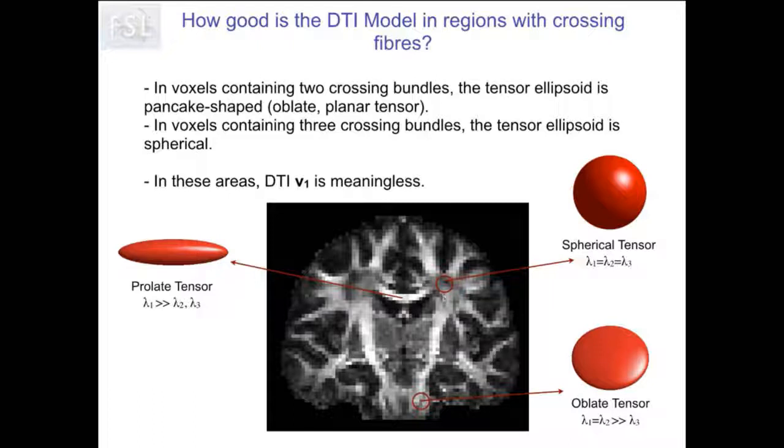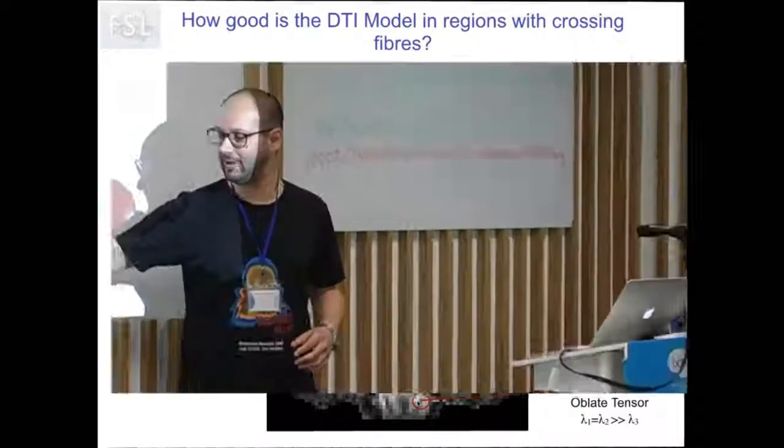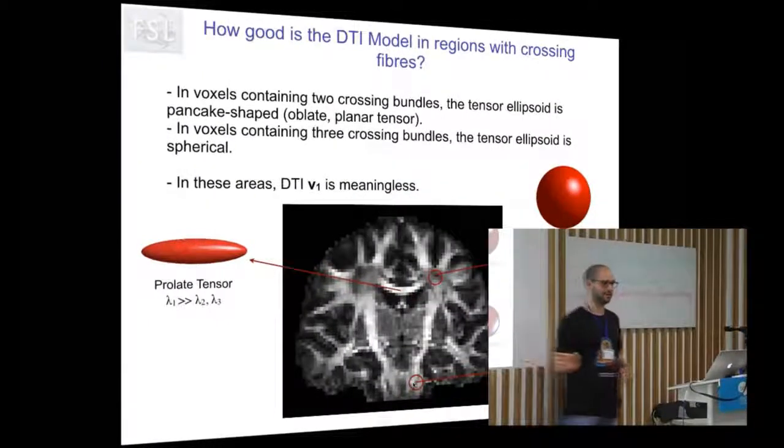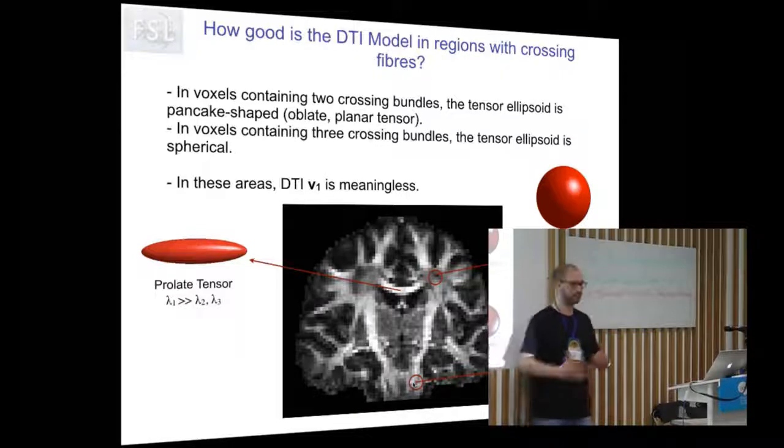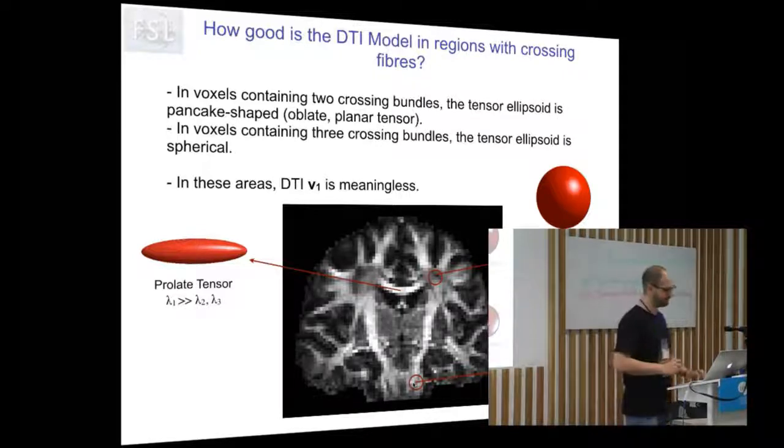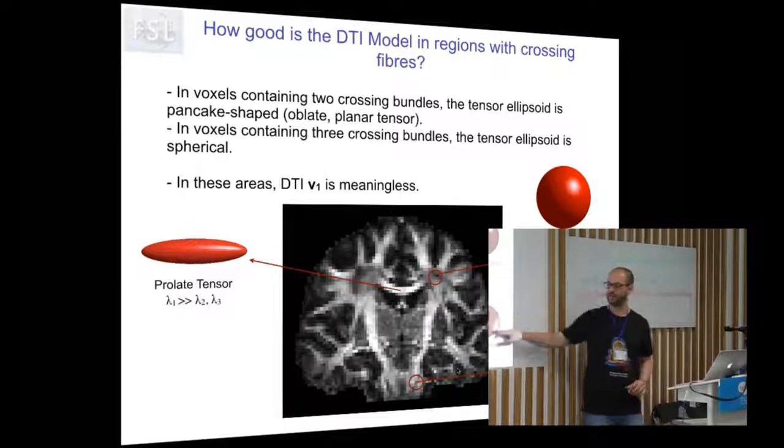We go to the bottom, at the level of the pons, where you have the corticospinal tract fibers running from the bottom to the top of the brain, but you also have what are called the transpontine fibers running along the left to right orientation, so two fiber crossings at 90 degrees, where the tensor shape collapses into